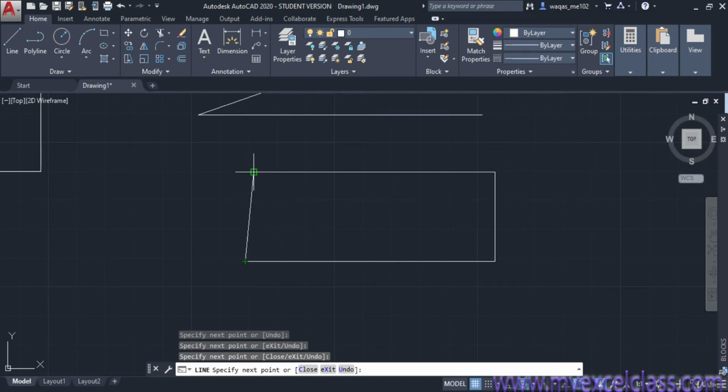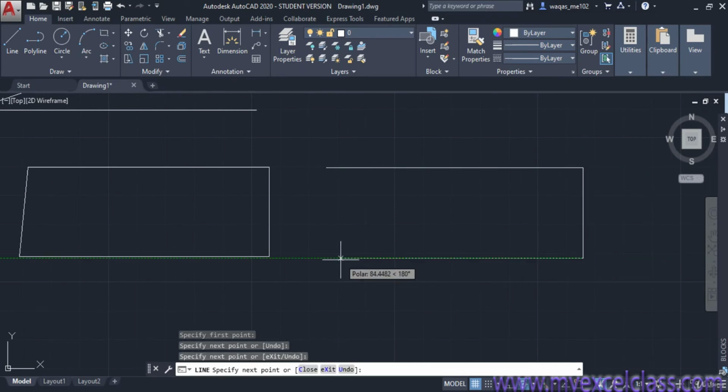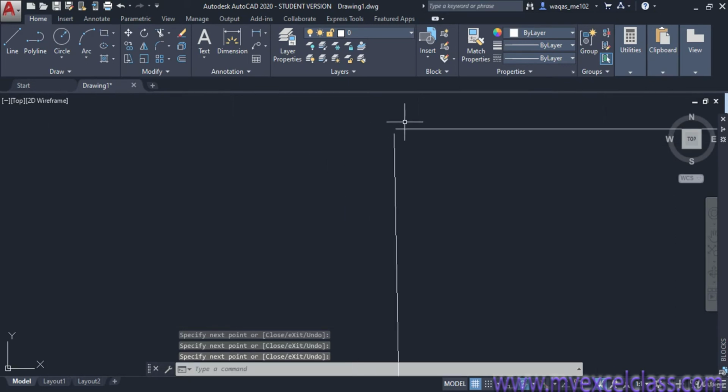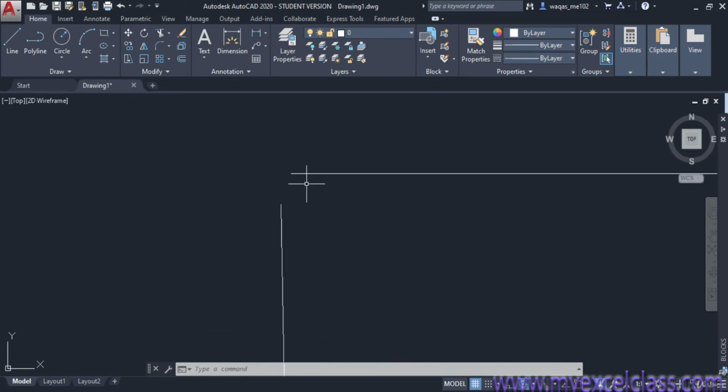See, if this option is off, then when you are drawing a rectangle, suppose I am drawing here, this will not tell you where the end point is. Suppose here is the end point, but when you zoom in, see there is a gap between these two points. So it means when you turn on this object snap, it will be possible for you to exactly close your end line with the original one.